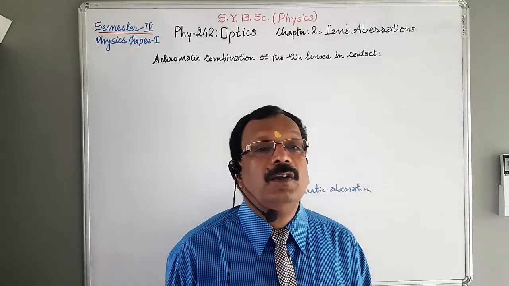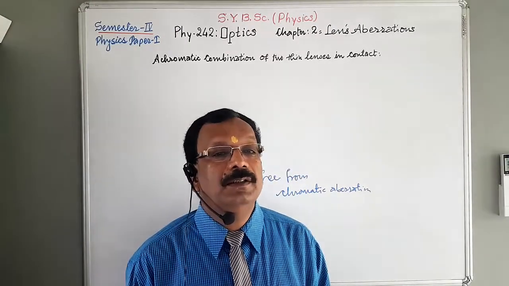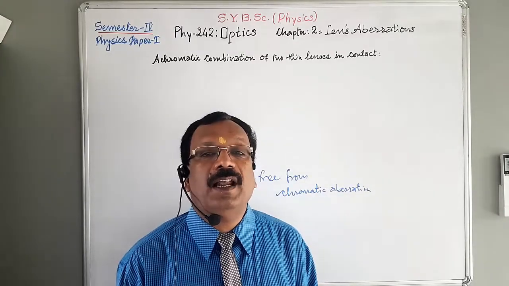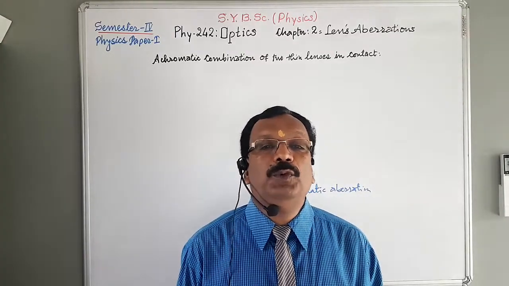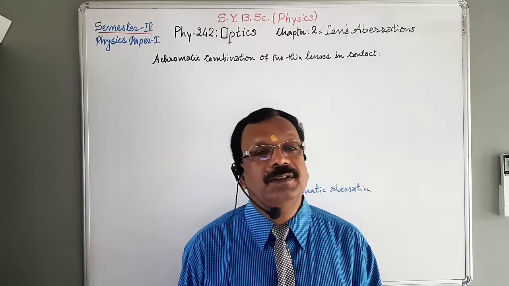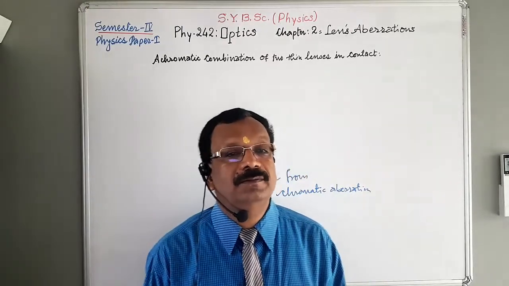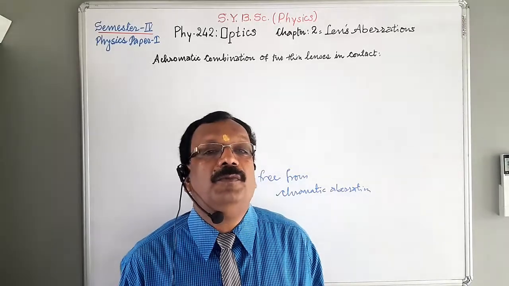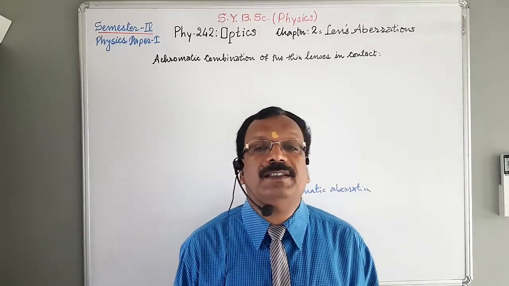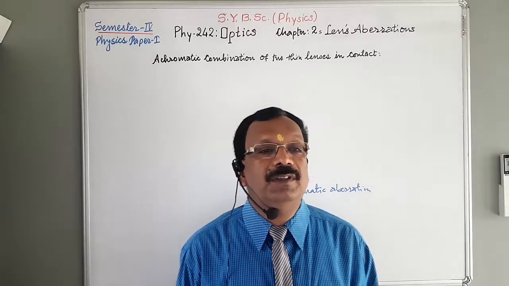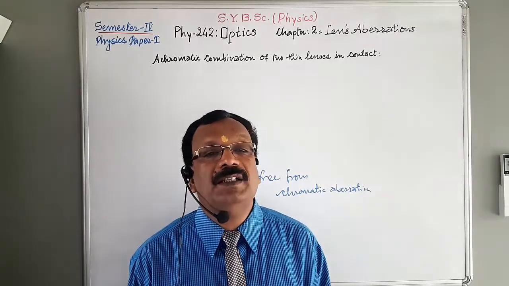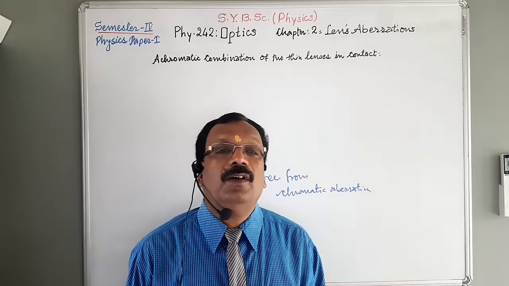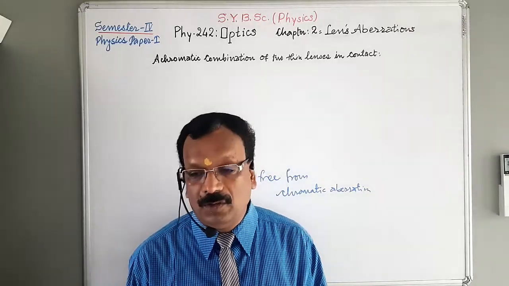Ideally, an achromatic system should form an image of the same size and at only one position for all the wavelengths, but this does not happen. This condition must be satisfied not only for one position of the object but for all positions.